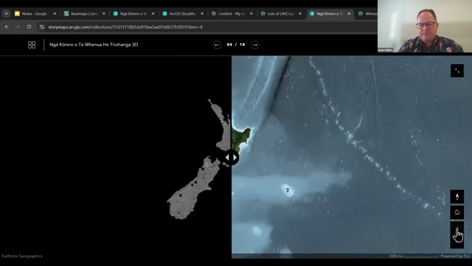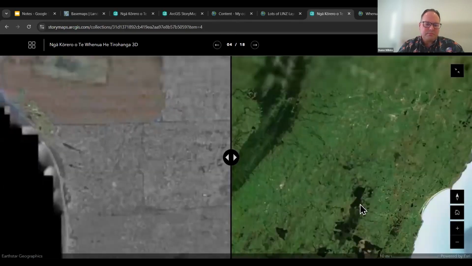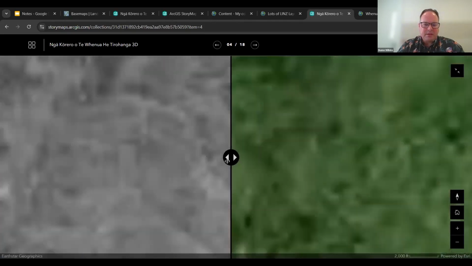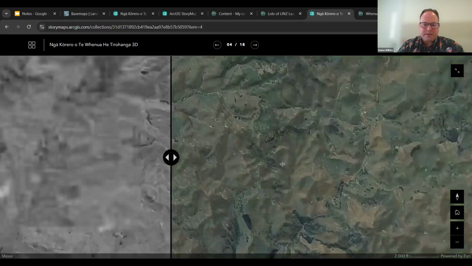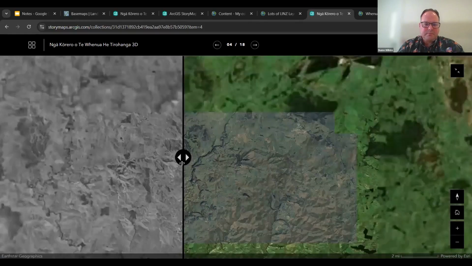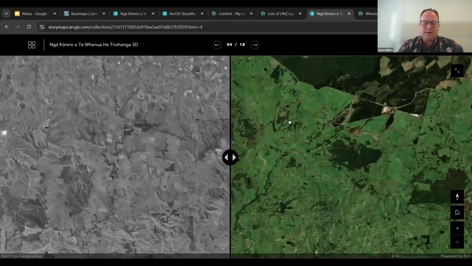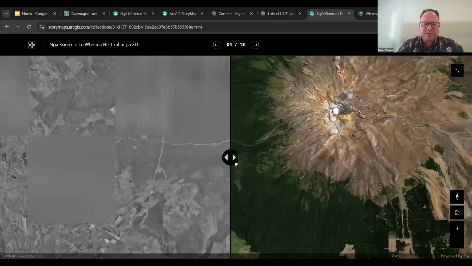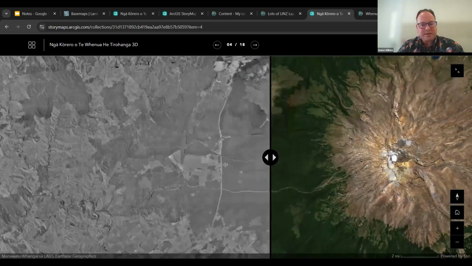And as you actually go through the story, it zooms automatically for you, picks up a number of places. But here you can see, you can swipe between as the detail comes in, comparing the current data set that Jonathan shared with you to the historical data, the pre-1990 scanned images.